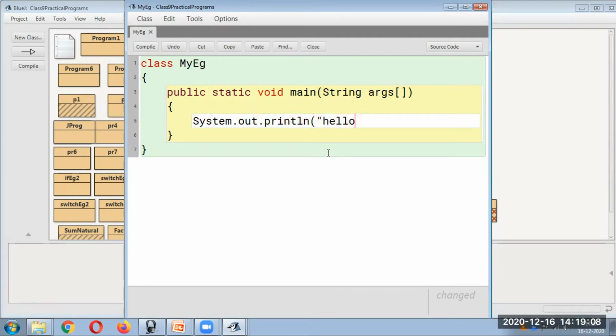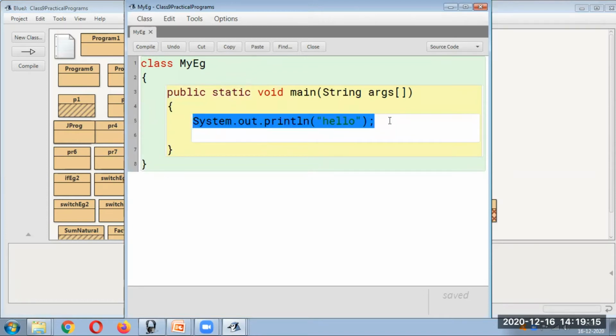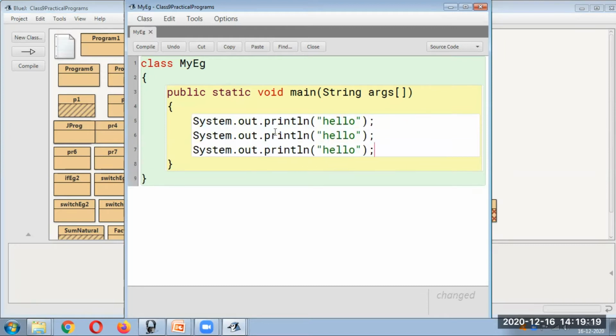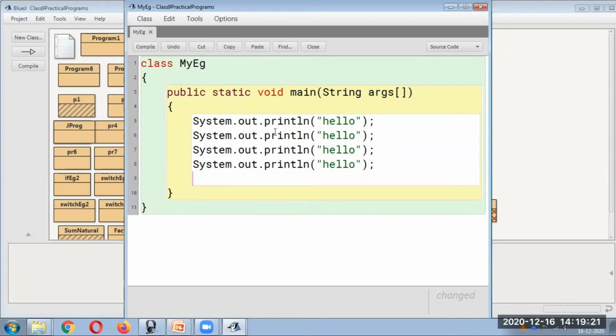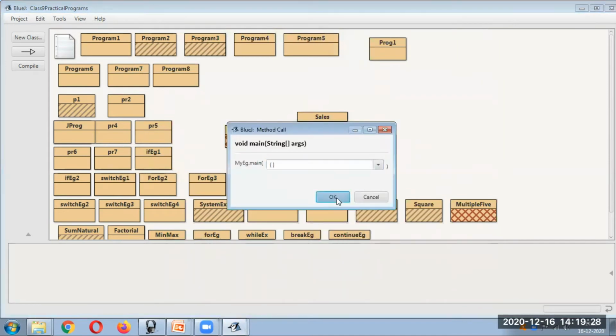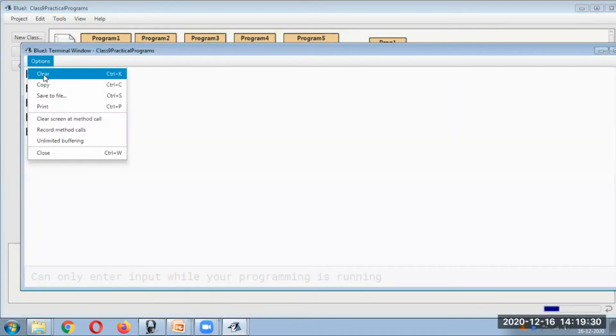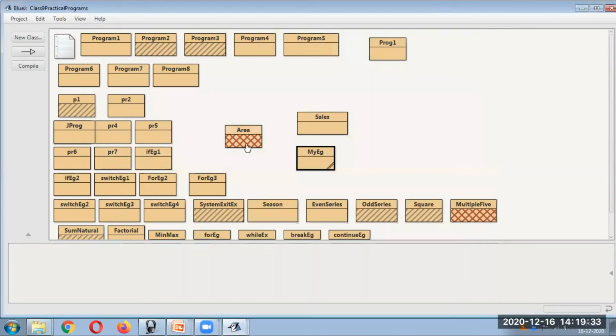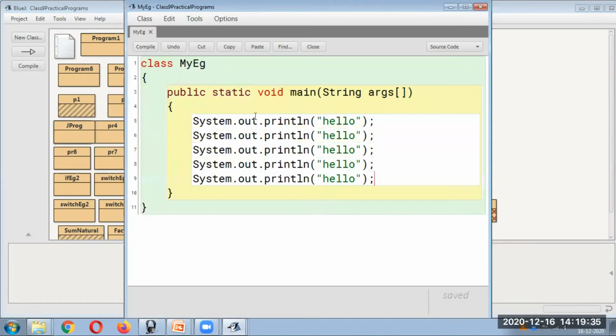So one way is I would simply write it once. But if I want to display it 5 times, I would simply copy it, or rather write hello this way. This is one way of writing. It's not feasible, but this is how we generally do it. Still, we are not using a loop. So this is very tedious, because for 5 statements it is okay, but if I want to display it 50 times, it becomes very difficult. I can't go on typing 50 times, 100 times.